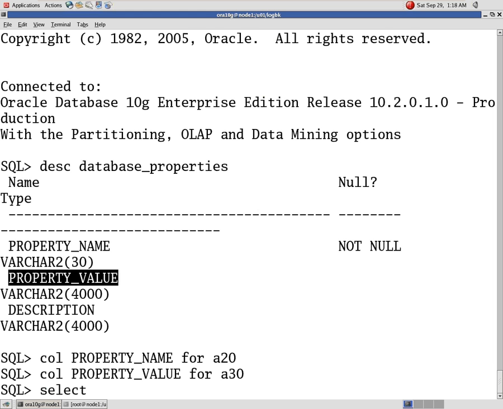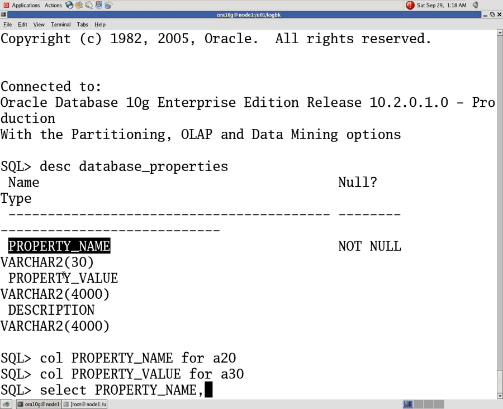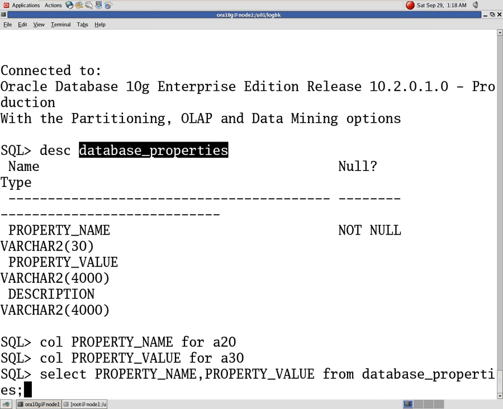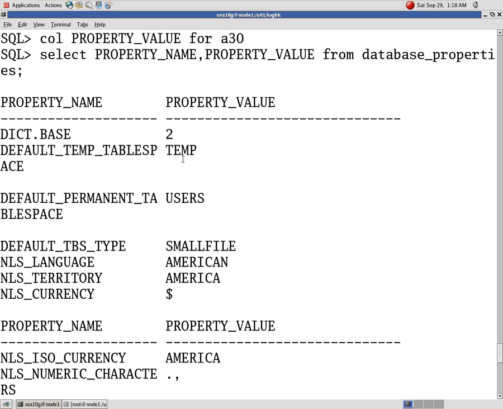I'm checking: select property_name, property_value from database_properties. What property value am I getting? Default temporary table space. What's the value you have here? Temp. What temporary table space did we create? Temp02. So you have the default value temp, but it's not taking that.